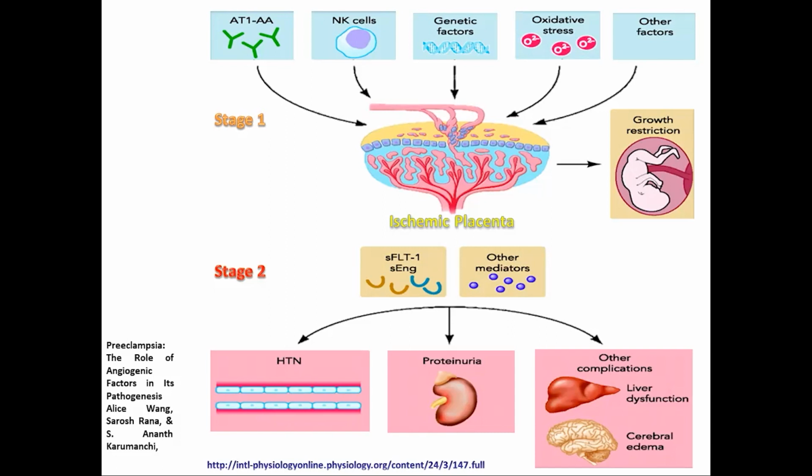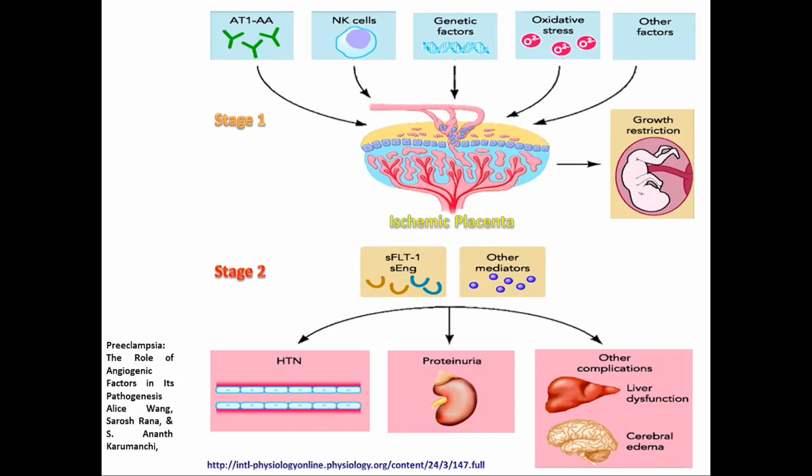And this will lead to reduced perfusion in the uteroplacental axis due to the malformation of, as we know that during early pregnancy, the cytotrophoblast invade the spiral uterine arteries. In preeclampsia, this invasion is reduced with malformation in the placenta, and this definitely leads to reduced